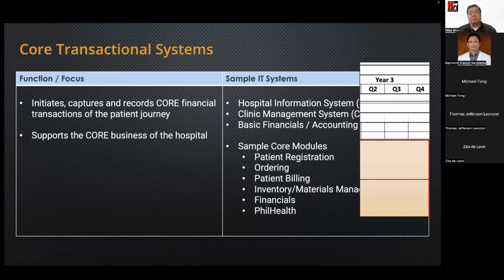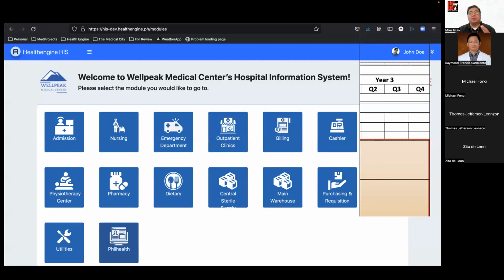kung clinic, the clinic management system. Sometimes hindi na-appreciate na the clinic management system also has billing, inventory, mga ganon. Basic financials. And there are a lot of modules, lalo na kung hospital ka, there are a lot of modules inside an HIS. So doon papasok yung admitting,